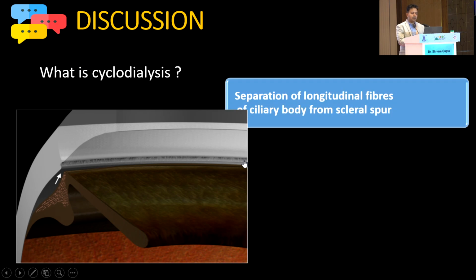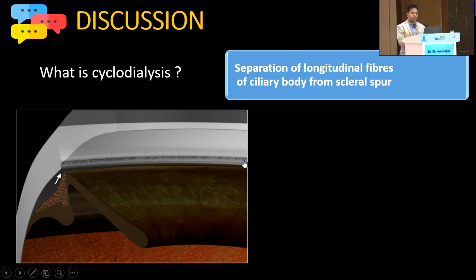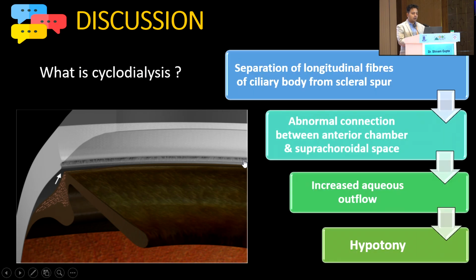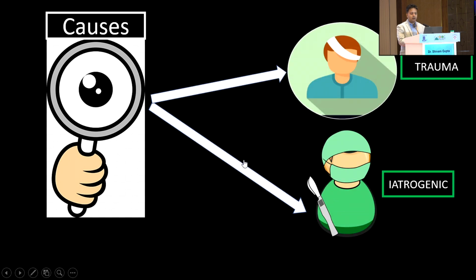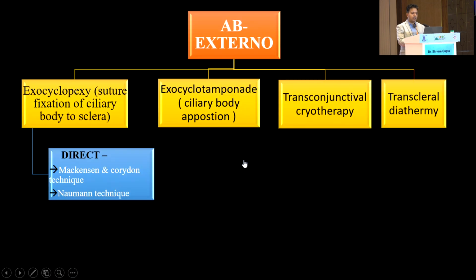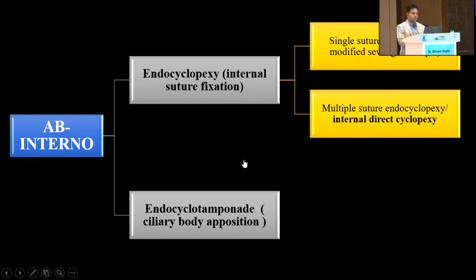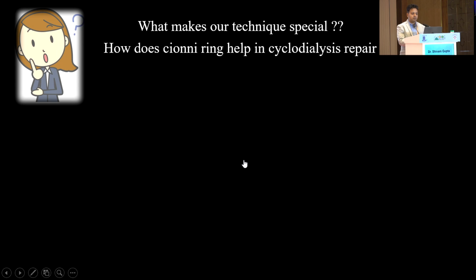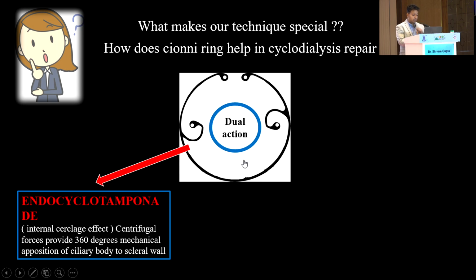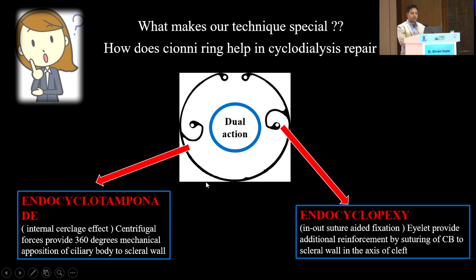So what is cyclodialysis? We all know it is separation of the longitudinal fibers from the ligament cell spur. So what are the multiple options? It can be traumatic or iatrogenic, and so we can have ab externo approaches, and here we have ab interno approaches of single suture. What is special about our technique is that we use a double CONE ring, which has two runs: one will give the endocyclotamponade, and the other ring will give a direct cycloplexy effect, pressing on the cyclodialysis